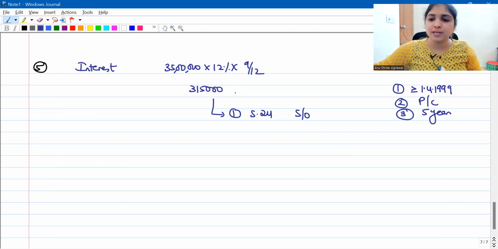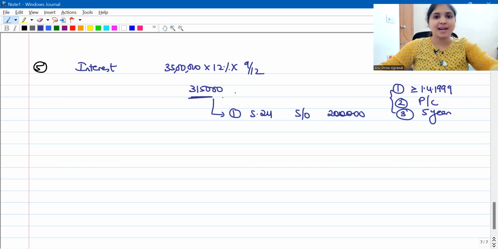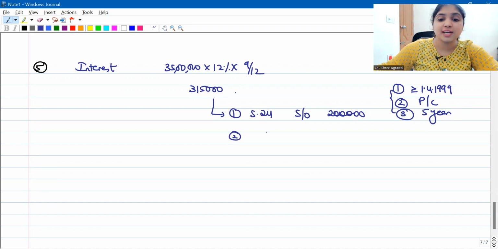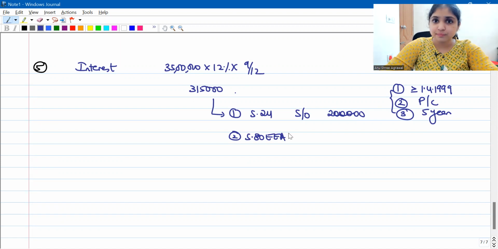All conditions fulfilled, hence the limit will be 2 lakhs. So under section 24 for the self-occupied property, I will take 2 lakh rupees deduction. I still have 1,15,000 interest left, for which I am very sure section 80 EEA would have crossed your mind by now. Let us discuss section 80 EEA.